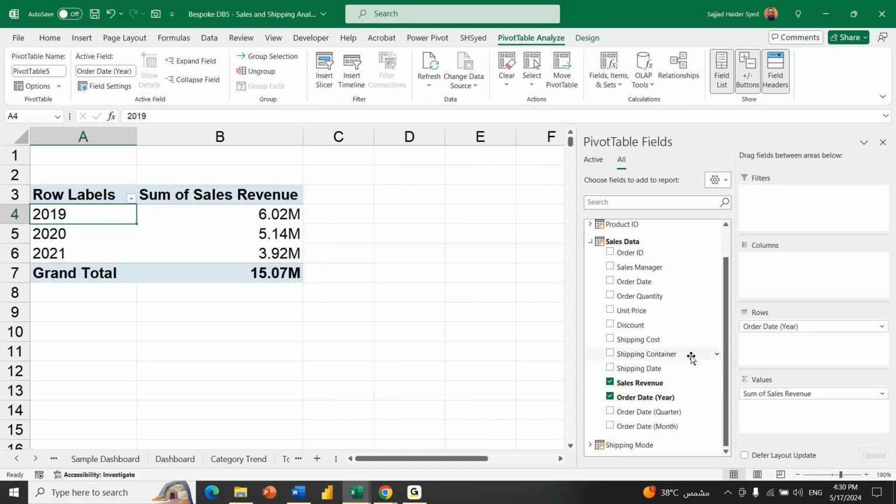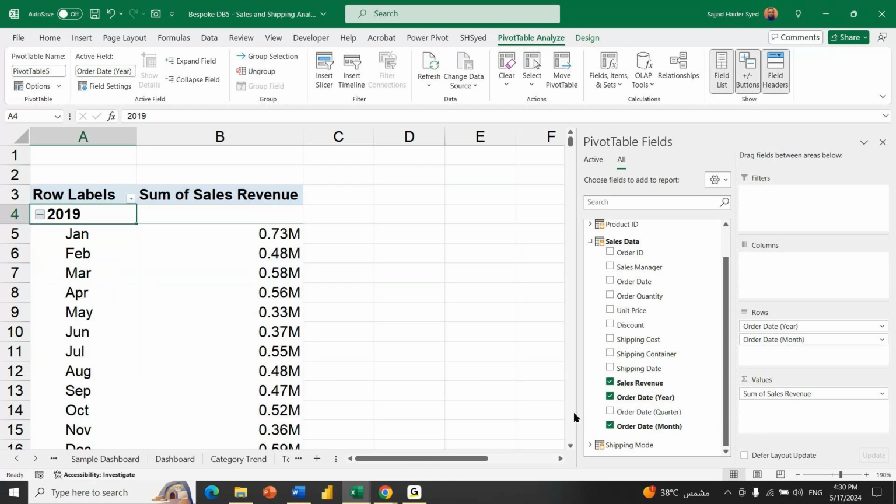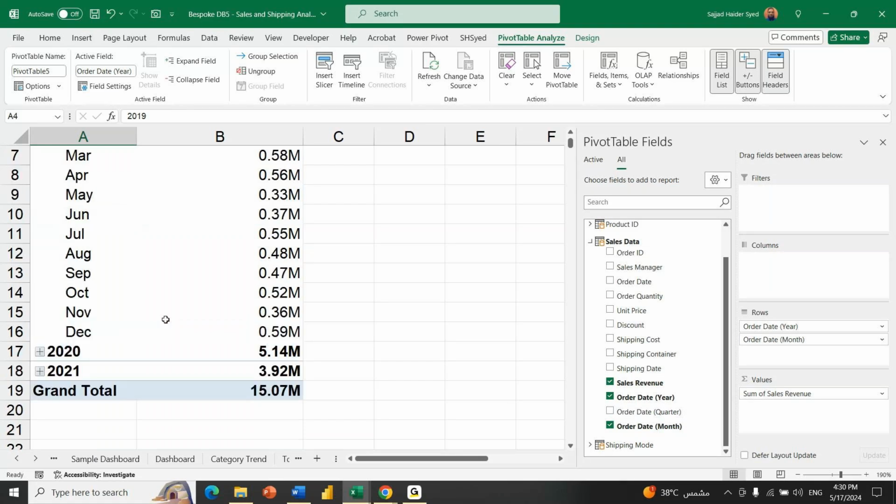Yeah, I need order date, a year. I need either date months. Yes, now it is months. I clicked on the months. Now quarters I have unchecked. And now we have the months. We'll expand all the years and